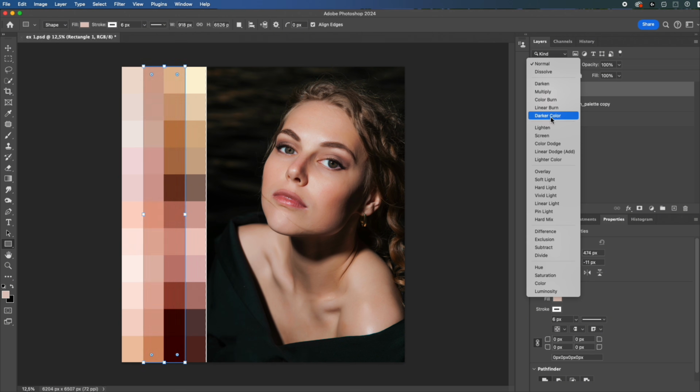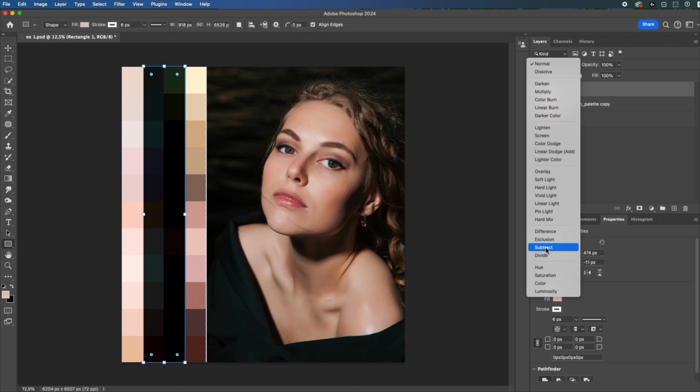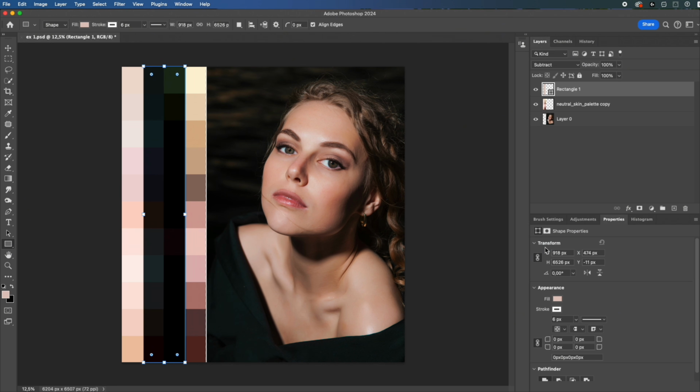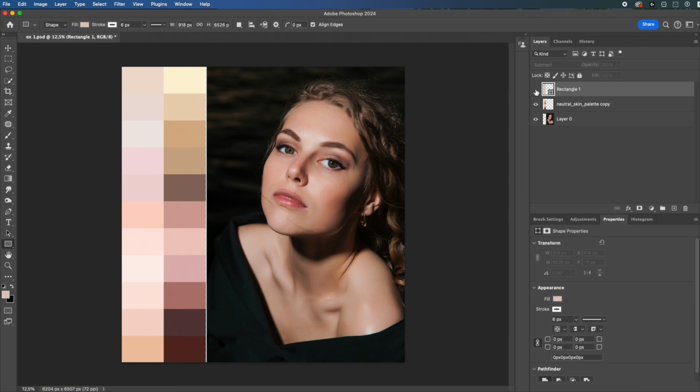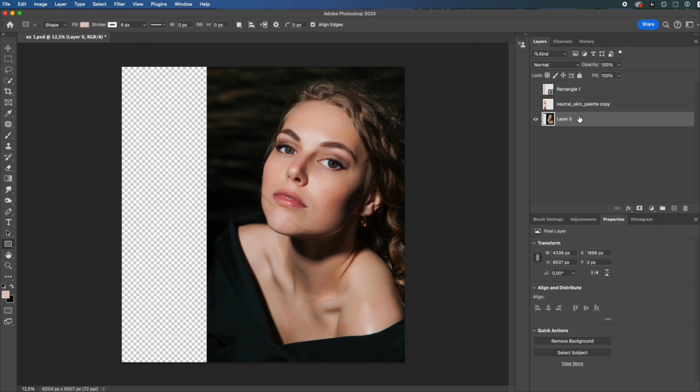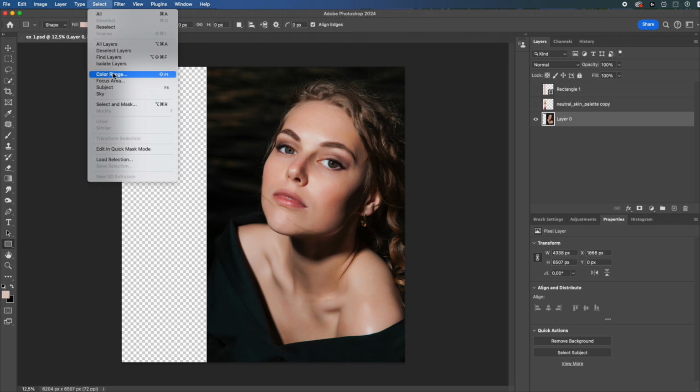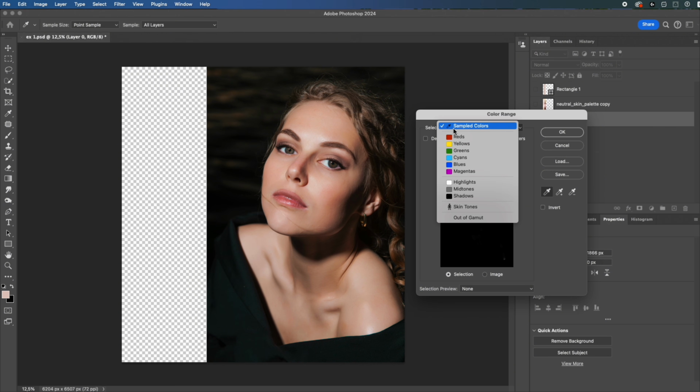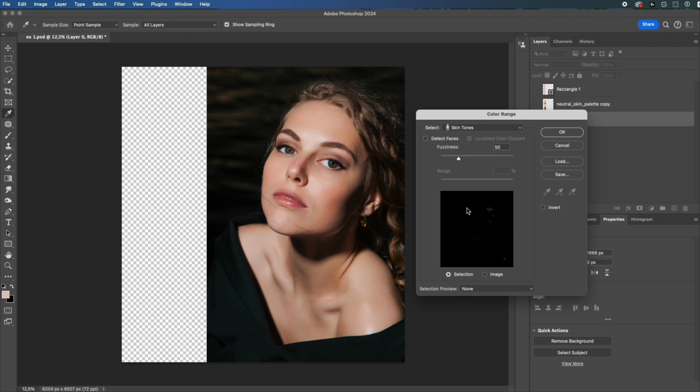Next, the blending mode of this rectangle layer is changed to Subtract. This step inverts the color relationship, making the difference between the current skin tone and the reference palette more visible. After that, these two layers are temporarily turned off, and the focus returns to the original image layer. Next, go to Select, Color Range. Switch the selection mode to Skin Tones, and adjust the value to around 50 to select the skin area with